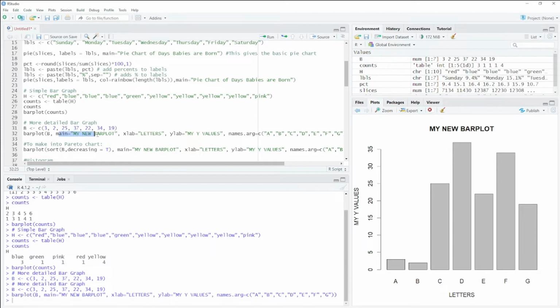But remember, main is what gives you a title. You can specify a label on your x-axis. Here I have it called letters. You can specify a label on your y-axis with ylab for the y label and xlab for the x label. And then notice before